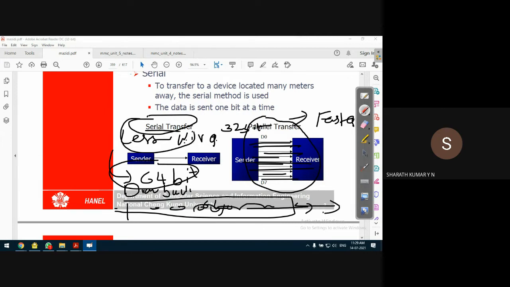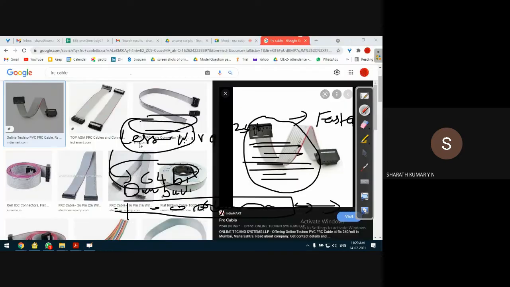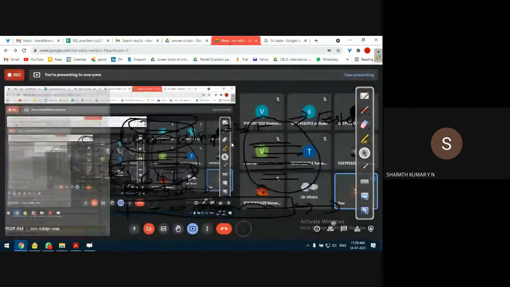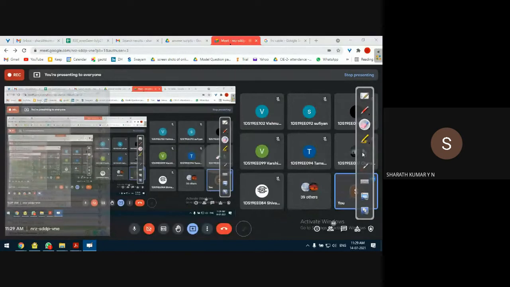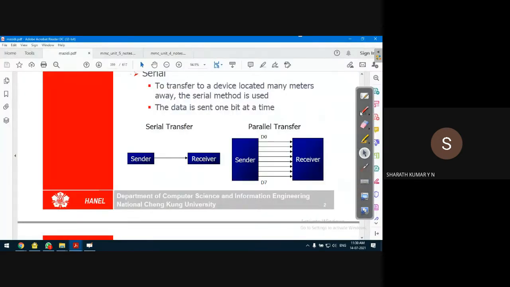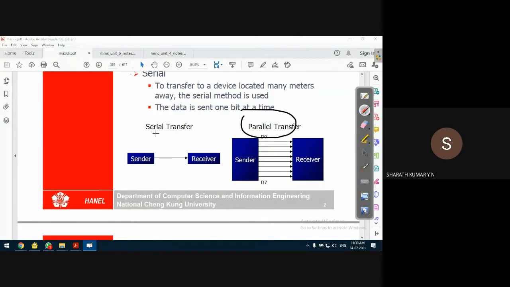In case of serial communication, if the amount of data to be transmitted is more, the speed of serial communication becomes slower. Of course, slower in the sense of the earlier situation. Now we have a situation where the speed can go up to gigabytes per second. You can see your serial communication transfer is a faster operation, so there is no issue with the speed anymore. But in general comparison with parallel communication, we can say that serial communication is a bit slower.